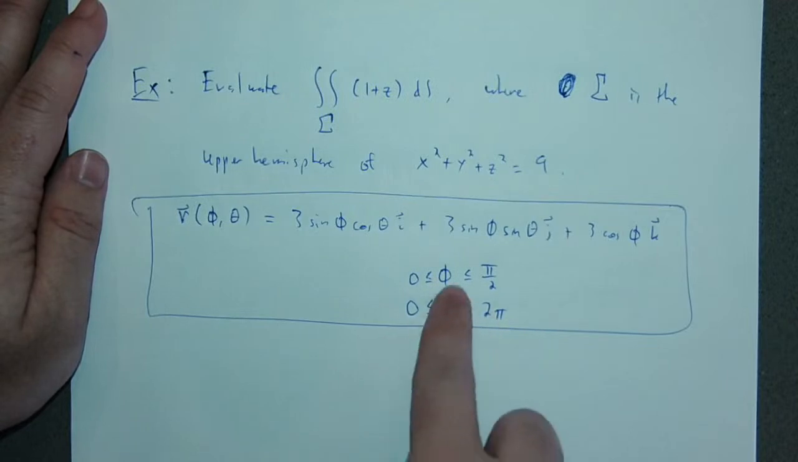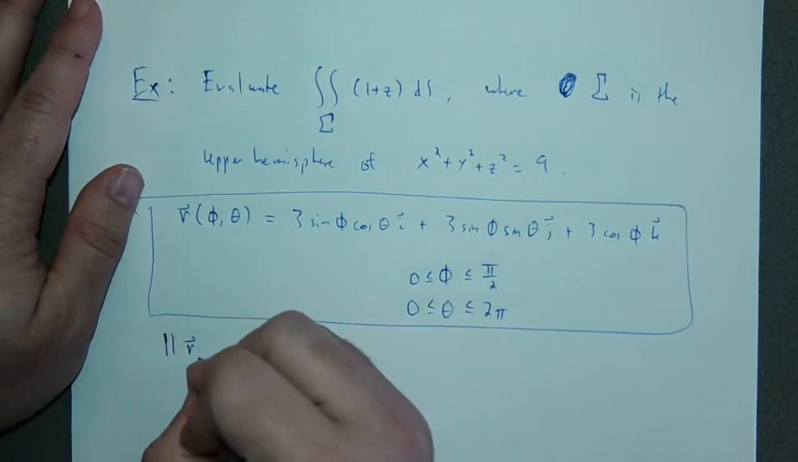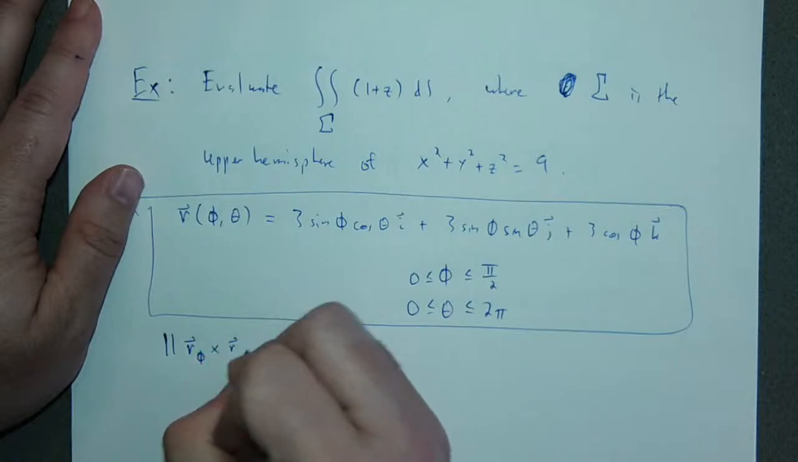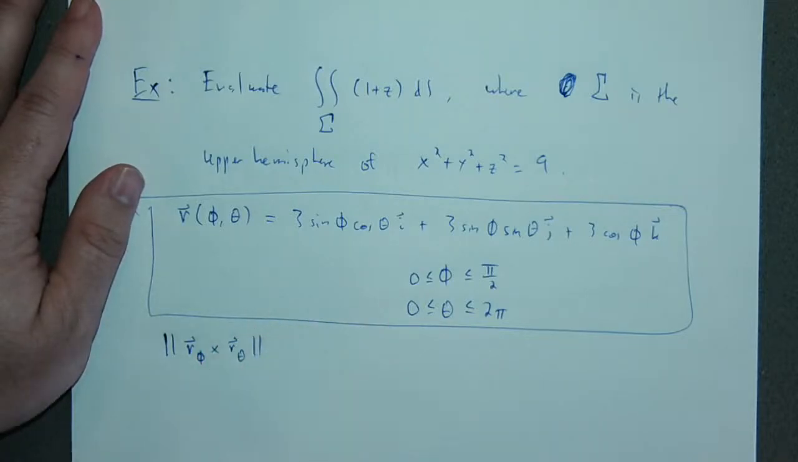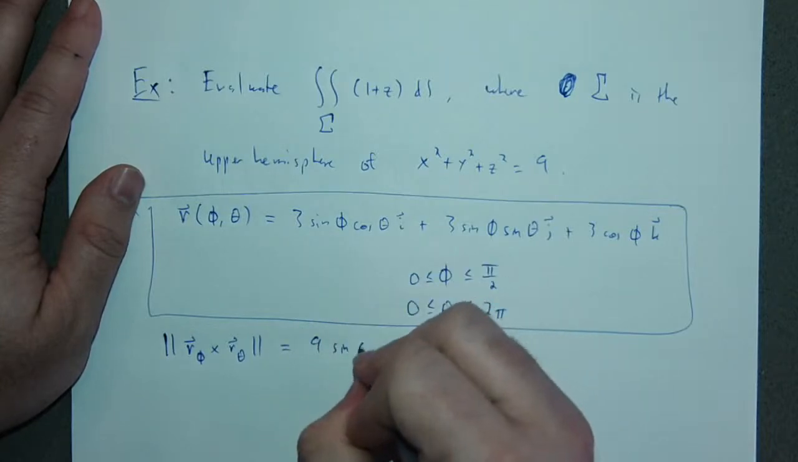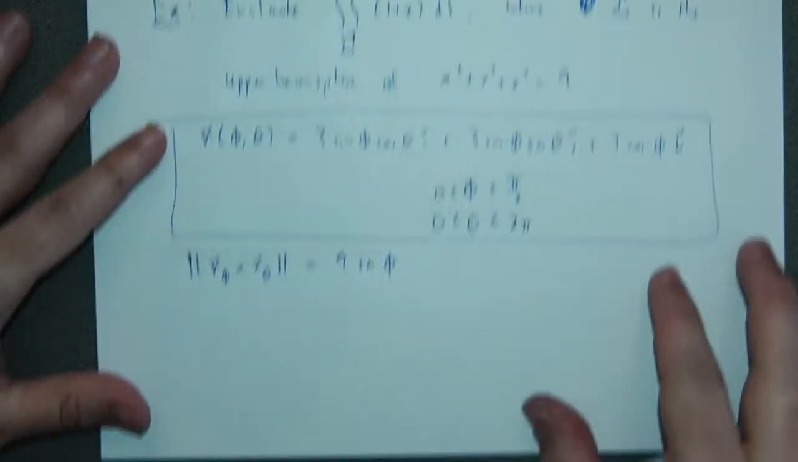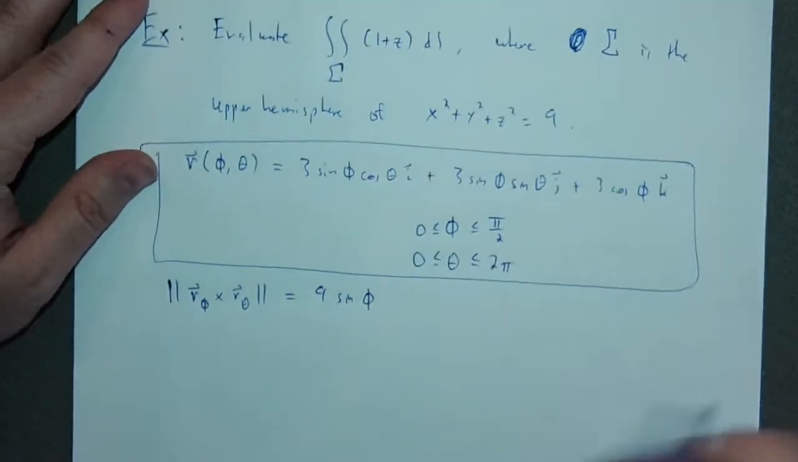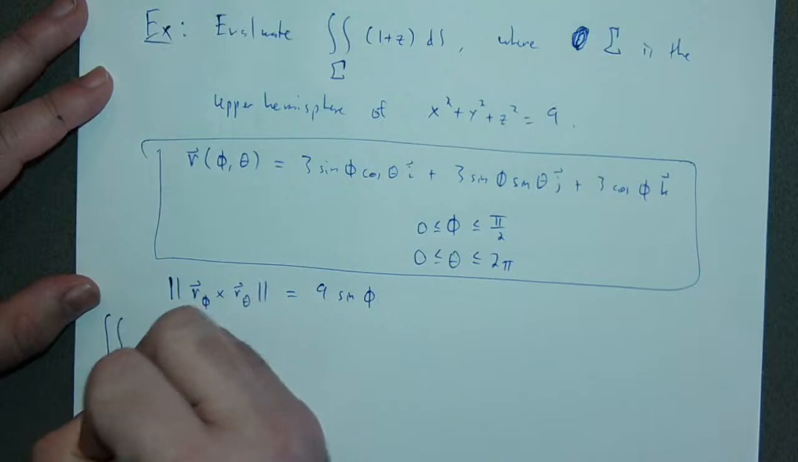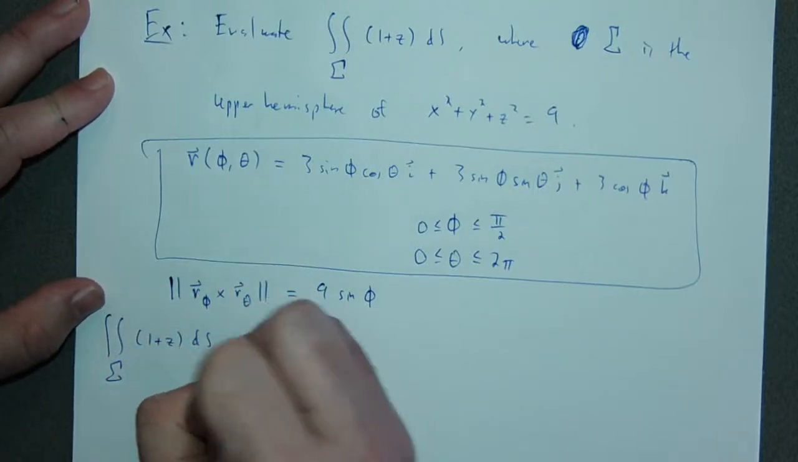So where the parameters live does not in any way change this quantity that we've already computed. Right? So this quantity is still very much 9 sine phi. And so, computing this surface integral, I have the surface integral over sigma of 1 plus z ds is equal